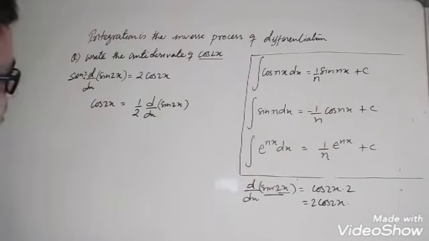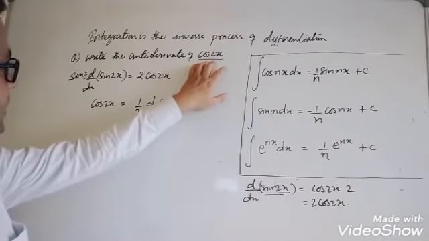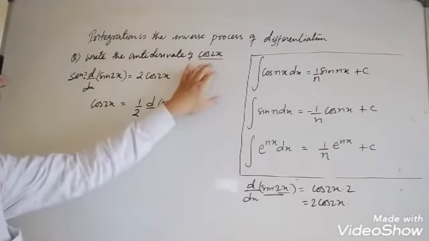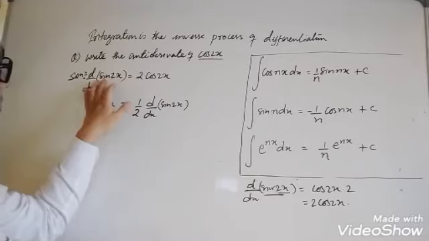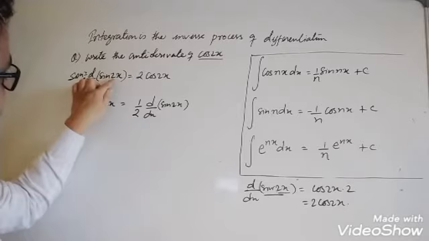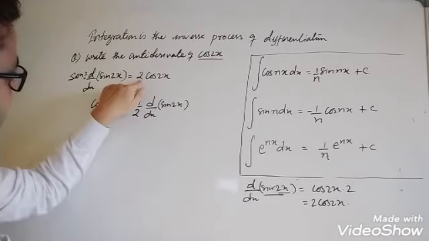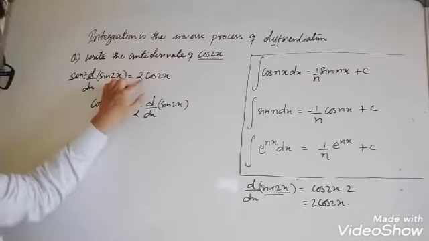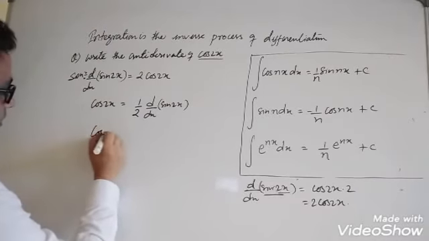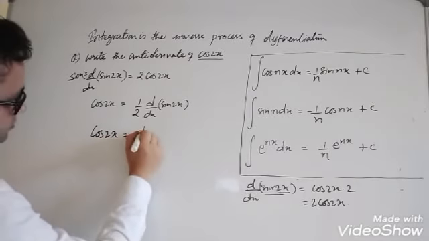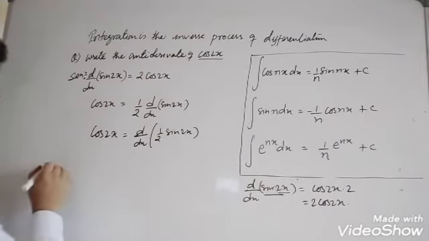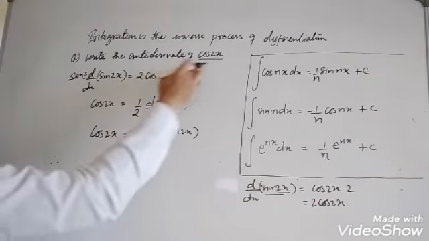First we differentiate; this is the differentiation of sin 2x. That is why we took sin 2x. Differentiation of sin 2x: first, differentiation of sin x is cos x, again differentiate 2x, so we will get 2. We have to write that 2 here. So cos 2x, that 2 goes to the denominator on the left-hand side, equals d/dx of 1 by 2 sin 2x. Therefore, we can say that the antiderivative of cos 2x is this.